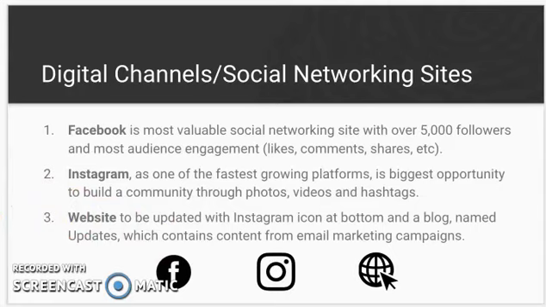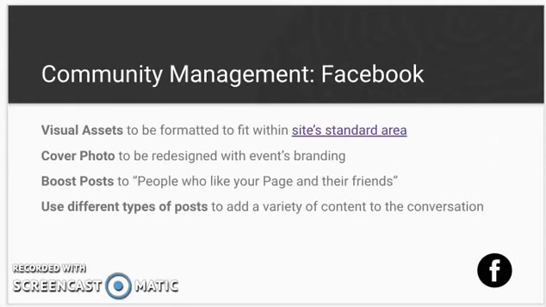Again, I'm identifying a couple of problems that we want to troubleshoot and fix in this scenario. And then we'll go one by one here. So first one is community management. As you can see here, I am identifying the strategy and the platform. Community management, Facebook. We're going to make sure that the page is updated and fits all of Facebook's standards, which